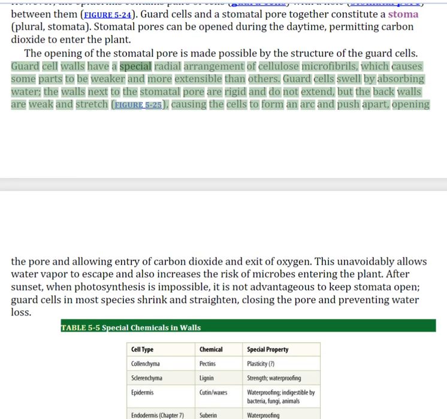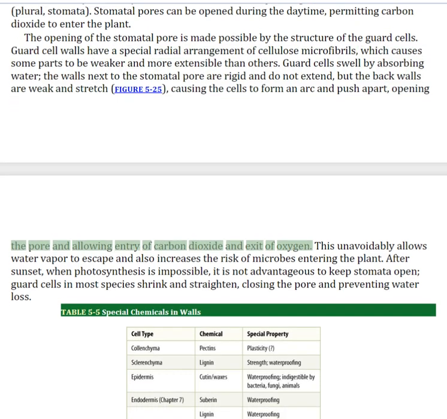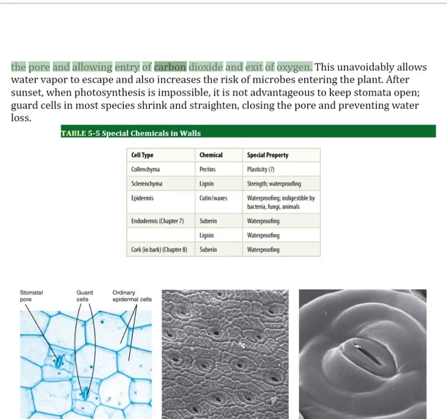Guard cell walls have a special radial arrangement of cellulose microfibrils, which causes some parts to be weaker and more extensible than others. Guard cells swell by absorbing water. The walls next to the stomatal pore are rigid and do not extend, but the back walls are weak and stretch, causing the cells to form an arc and push apart, opening the pore and allowing entry of carbon dioxide